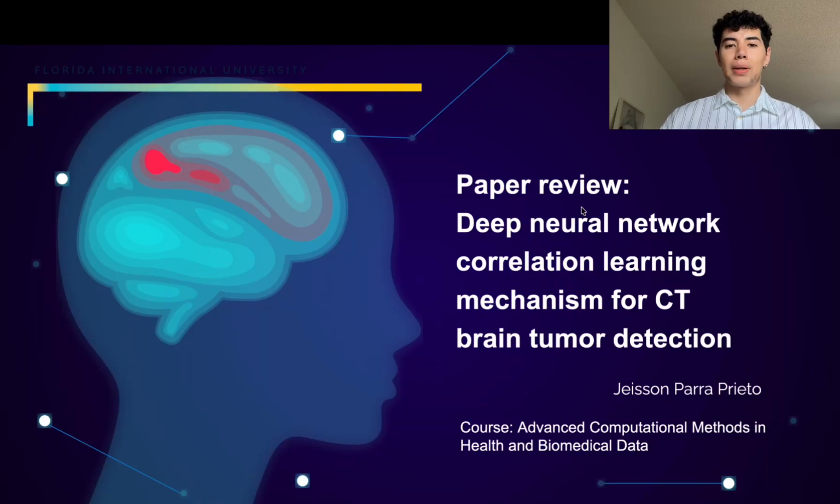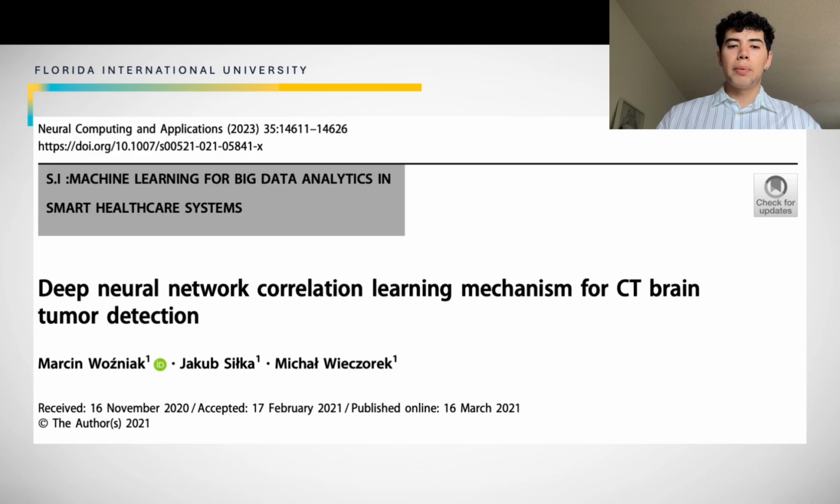Hello, my name is Jeisson Parra, and today I'm going to present the paper review titled Deep Neural Networks Correlation Learning Mechanism for CT Brain Tumor Detections. This paper focuses on using deep learning, specifically a model called CLM, to improve the tumor detection in brain CT scans. I selected this paper because it connects directly to our proposal project, develop a deep learning method for early